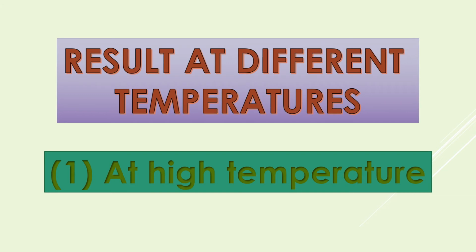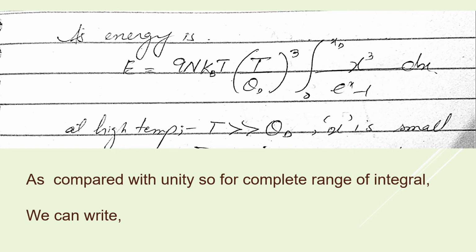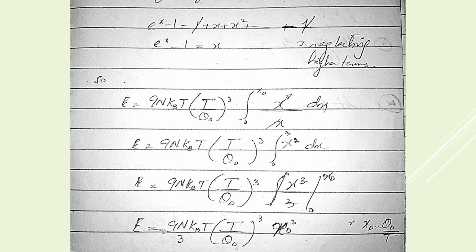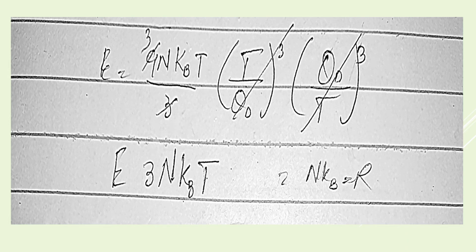Now the results at the different temperatures. First we will calculate at the high temperature. As energy is given by this equation, then at the high temperature T is very much greater than theta D, that is the Debye temperature. So x will be very small as compared with unity. So for the complete range integral we can write e^x minus 1 is equal to 1 plus x plus x square over 2 factorial and so on, minus 1, and neglecting the higher terms we get e^x minus 1 is equal to x. Substituting the values and solving, we then get the value for energy is equal to 9N